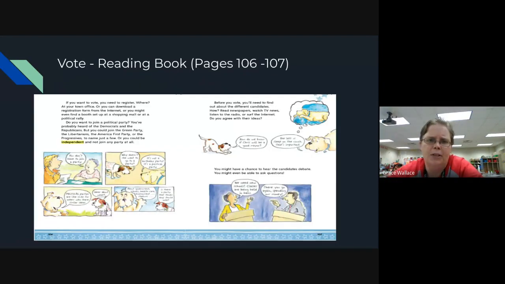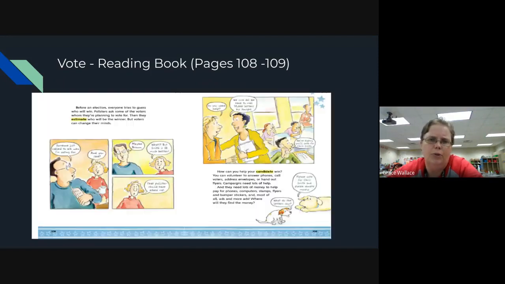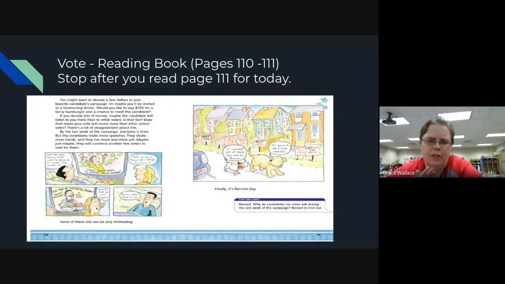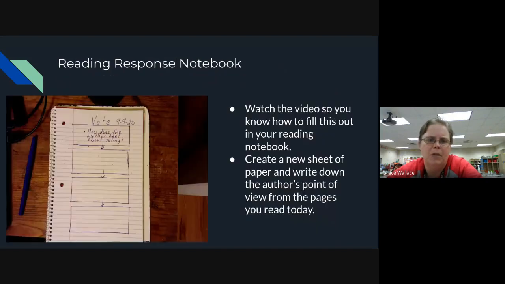So today you're going to read the second part of Vote. You're going to read page 106 to 111. It's in your big book. And you're going to stop at 111. And then we're going to do our reading response notebook again. Yesterday you did it for the first part of Vote, and now you're going to do it for the middle part of Vote. So I want you to turn to your next clean page, just like we did yesterday,